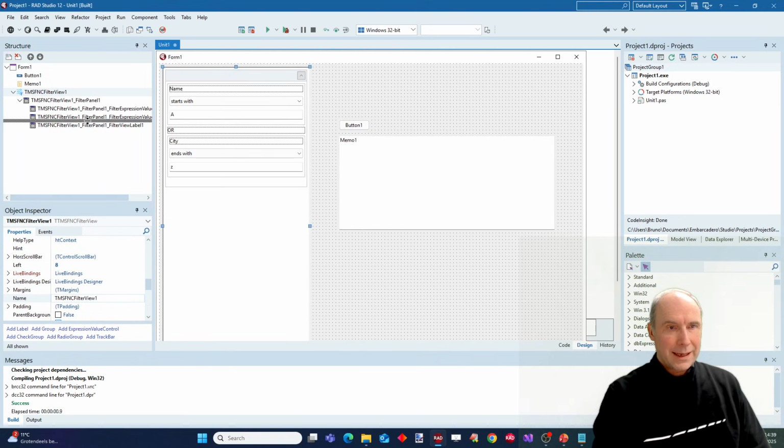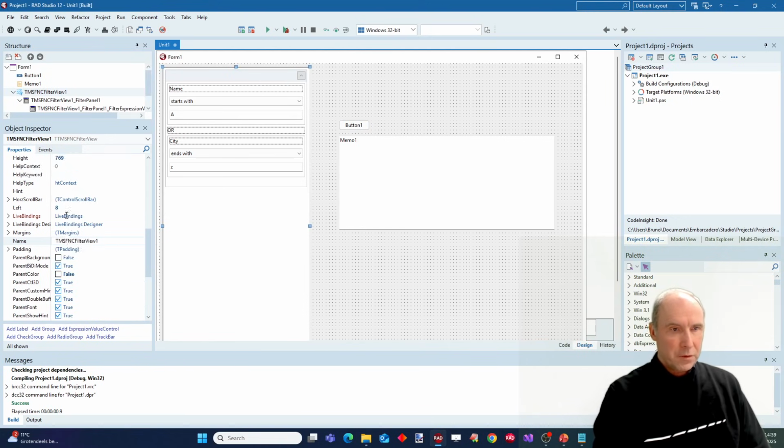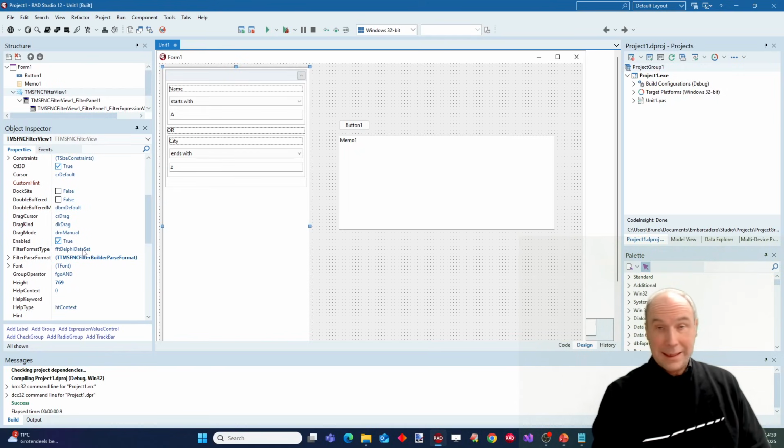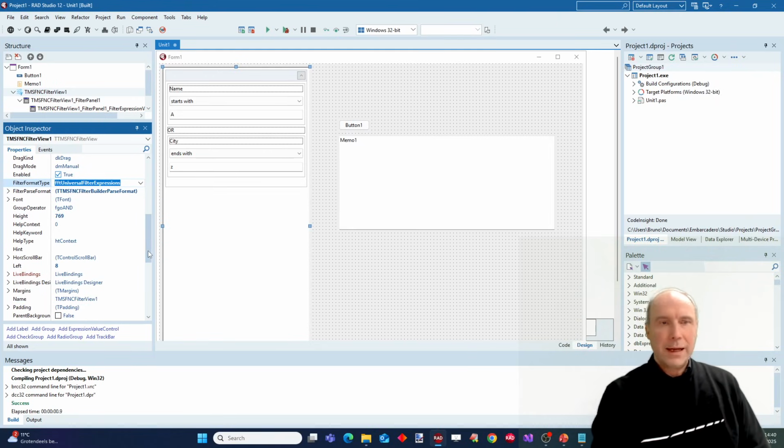If we have a look at the properties for our filter view, you can see here the filter format type. That is by default the filter format as the Delphi dataset expects it. You can also customize this, have the filter view generate a custom filter format, or you can set it to universal filter expressions. That is, for example, a filter format that matches our FNC data grid. Let's leave it to the data set, or better, let's